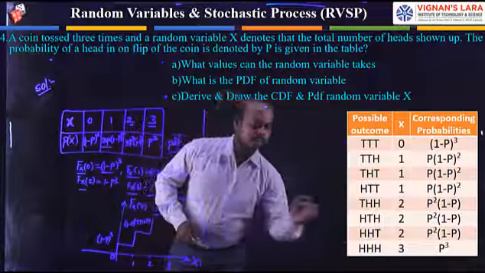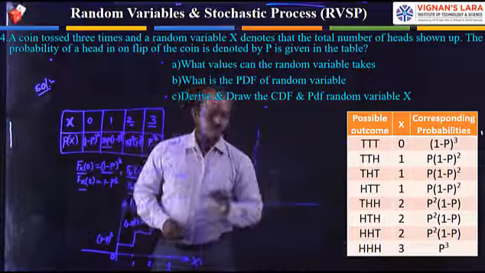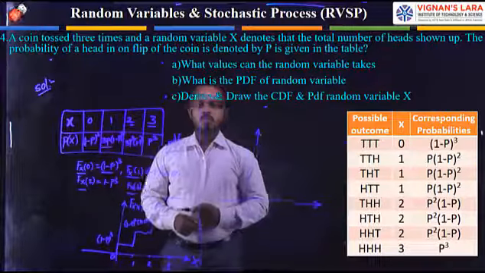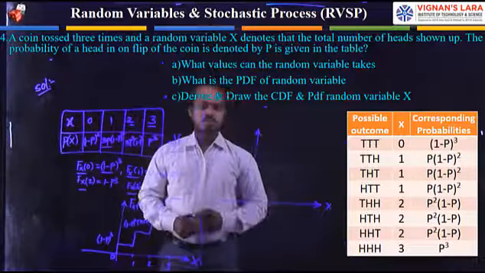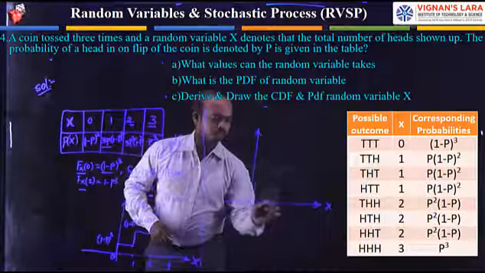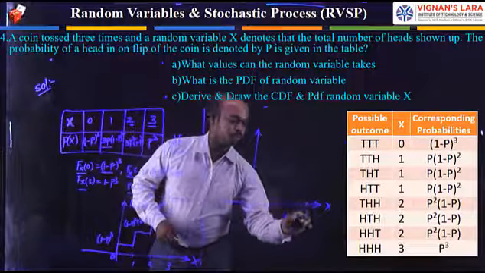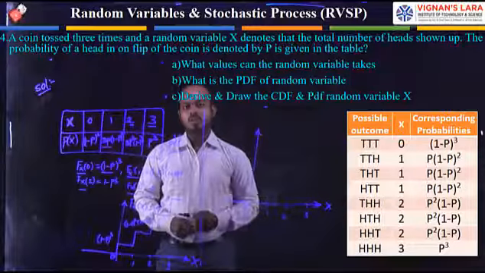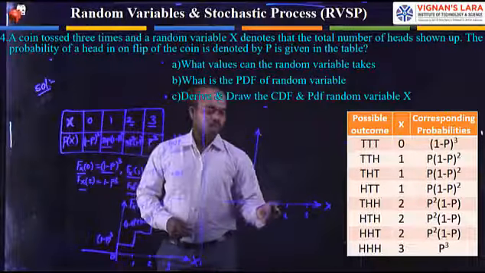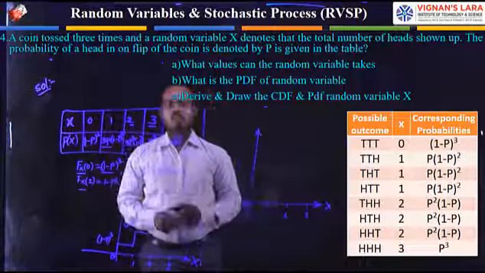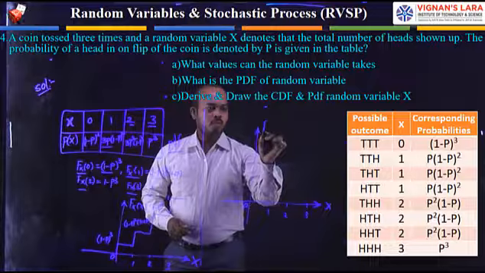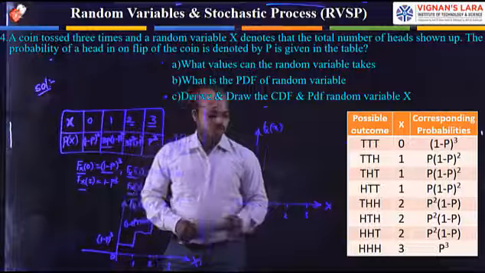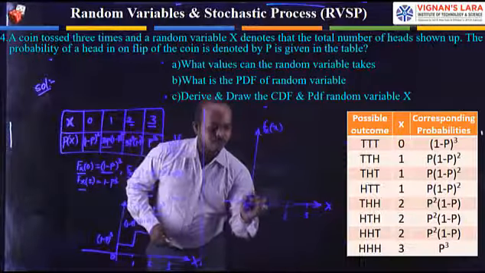That's why I'm taking the coordinate system, x-axis and y-axis. On the x-axis I consider the random variable events, those are capital X. The events are 0, 1, 2, 3. At 0 we make the impulse representation. At 1, what is its magnitude? But here we are representing the density function, that's why on the y-axis I take small fx of x.